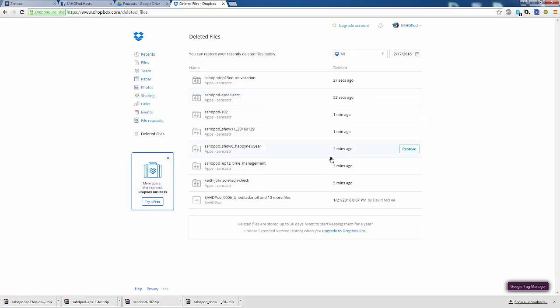Okay, we've actually deleted them. I don't see a function where you can finalize the delete because it's saying that we can restore this, but of course I don't want to restore it. I want to delete it permanently. But it does seem to me that you can just leave them there and they'll eventually go away. So, all right, we're going to leave it the way it is, and we're going to go back to Zencastr,